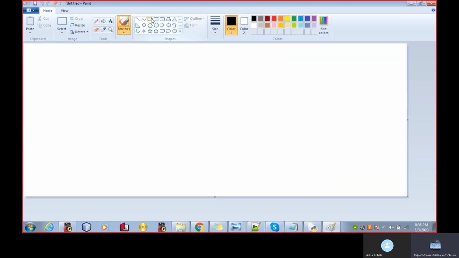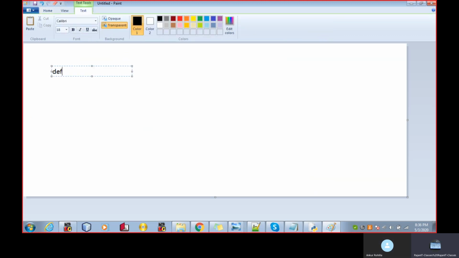Let's say we have a function over here, def sum a comma b comma c, right? And write d is equal to a plus b plus c, and then the next statement return d.